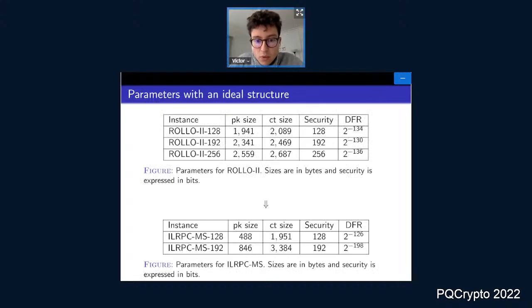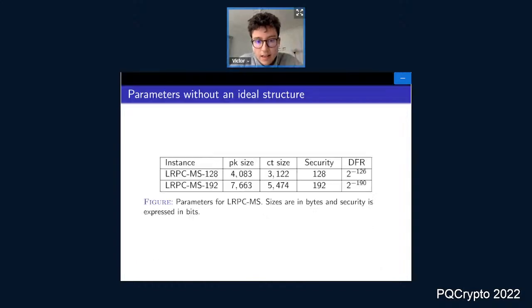So with our new idea, as I said before, we are able to reduce the parameters of Rollo 2. And so the public key size is reduced, but not the ciphertext size, or very, very little, because we, of course, pay the price of sending multiple syndromes at once. So only the public key size decreases. But what is interesting here is that the gain on parameters is enough so that we can lift the ideal structure on our crypto system, and we are able to suggest parameters of an instance with no ideal structure and still be competitive.